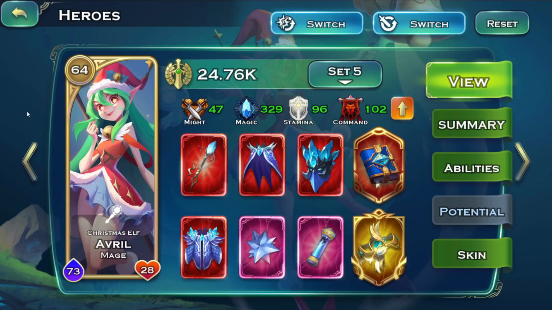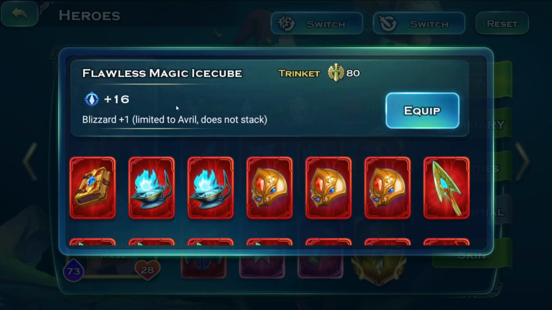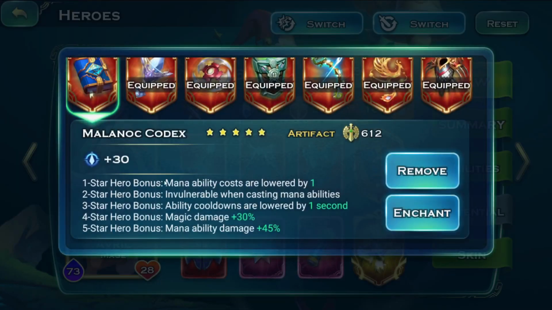If you're blizzarding frontline to clear it faster, then you may want the pistol. If you're trying for the backline, you may want to get a trinket which will increase her blizzard plus 1. In terms of artifact, I'm using the Malinock Codex. It reduces the ability cost,